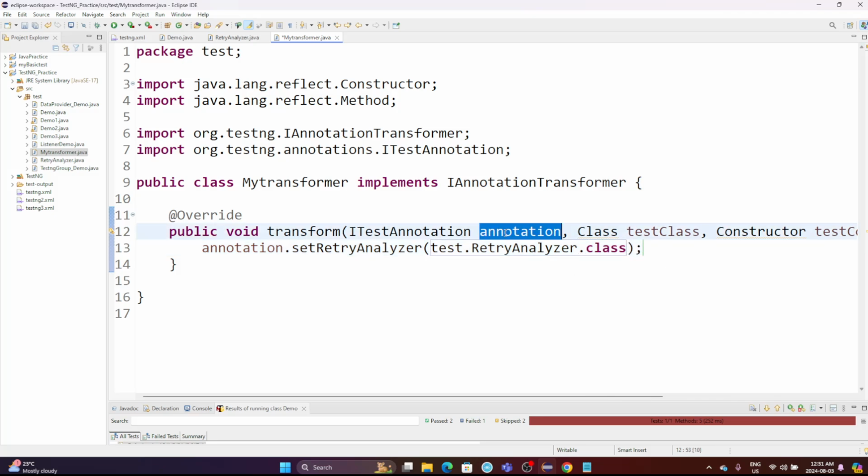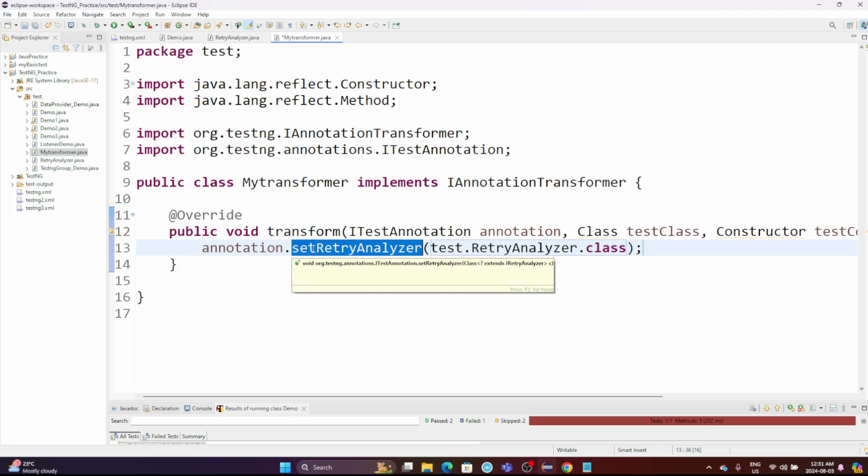So this annotation object reference comes with a lot of methods, and one of the methods is called setRetryAnalyzer, and it can set the value, how many times you want to retry the failed method. And here we already